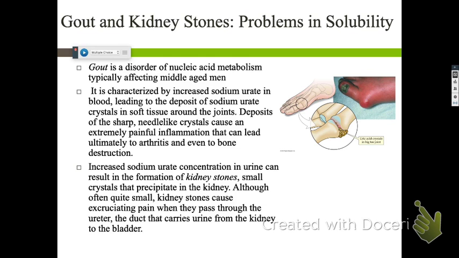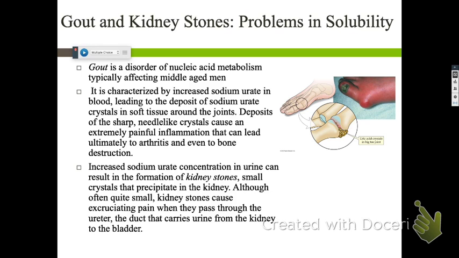Well, one of the things that might be useful, you guys are medically related, most of you. Is that true? So a couple examples that I thought were worth mentioning. Sorry, it's a lot of text. Gout and kidney stones are 2 examples of where this happens in the body. So you have, I think it's uric acid and sodium urate. That forms crystals. That's an insoluble precipitate. And that falls out in your joints. Super painful. That's gout. And then we have, same thing, in your bladder, or your kidneys. And you can get kidney stones, and that gets into your bladder. And that can also be really painful.